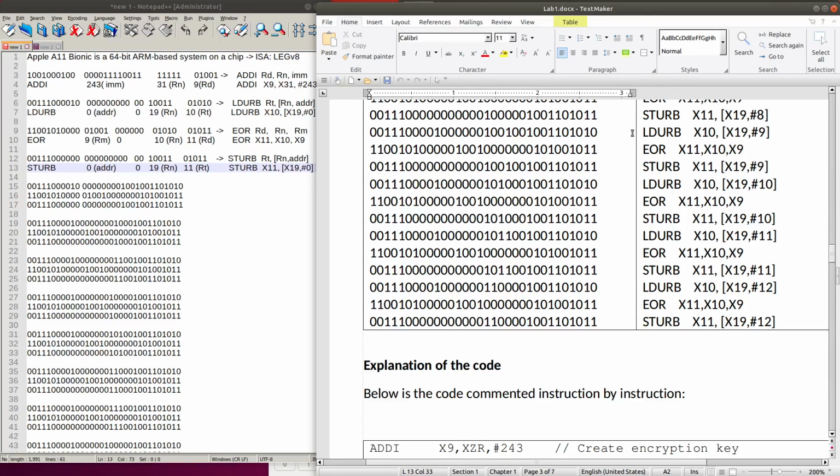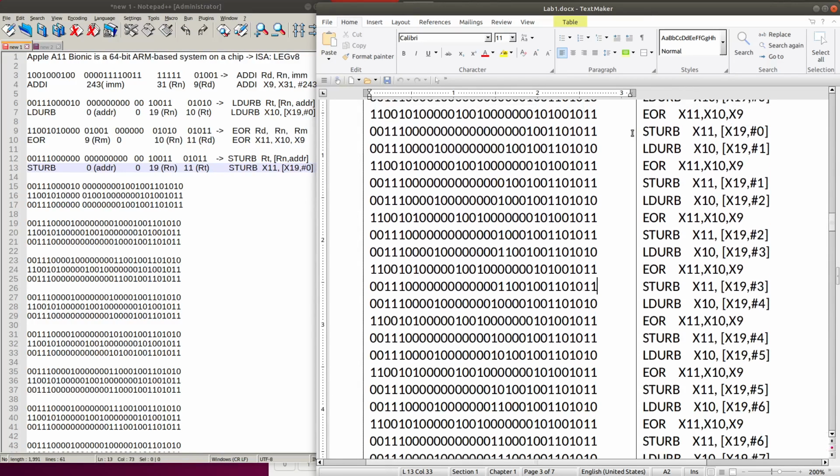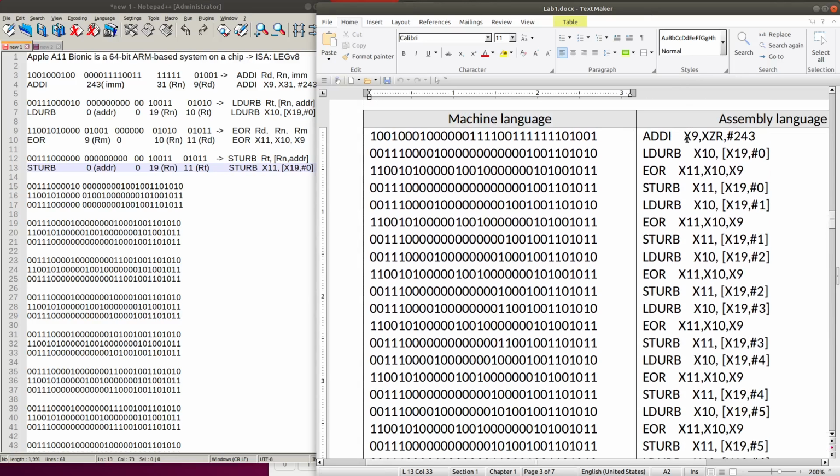Now we will explain the code. We know that adding an immediate value with 0 will return that value and store it into X9. So in X9 we will have an immediate value.